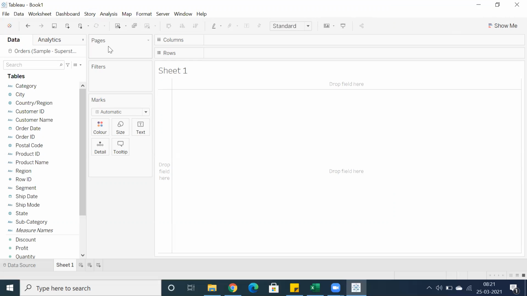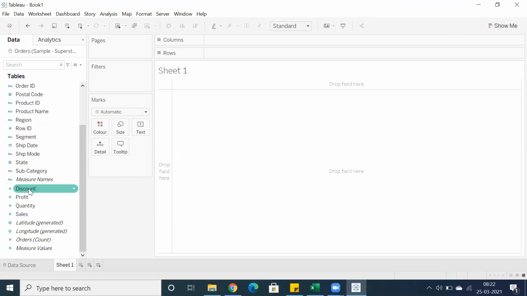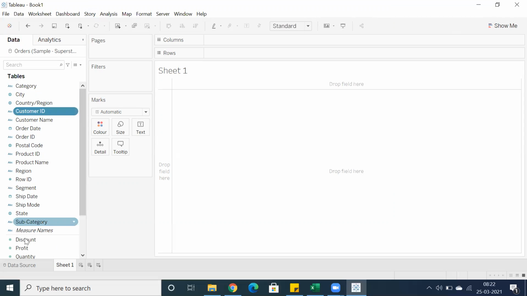We have filters, pages, and the marks card. The marks card looks simple, but it plays a major role in Tableau. Without the marks card, I feel it's nothing. So it is very, very important. And you have dimensions and measures. Each and everything we'll discuss tomorrow.